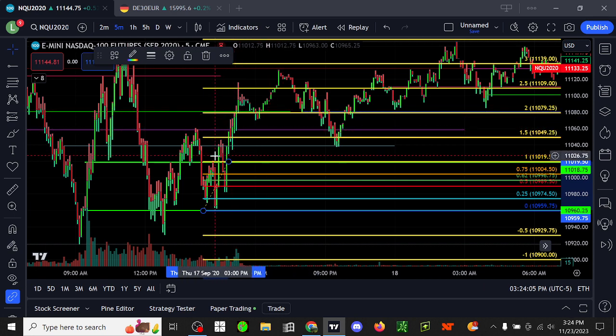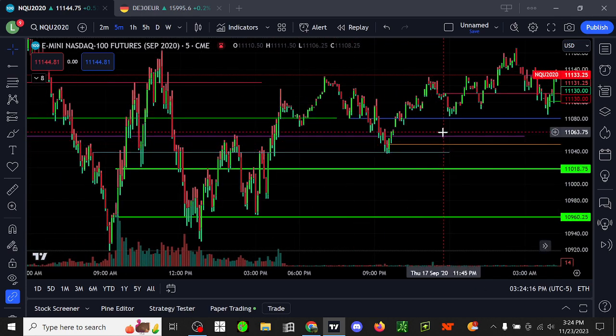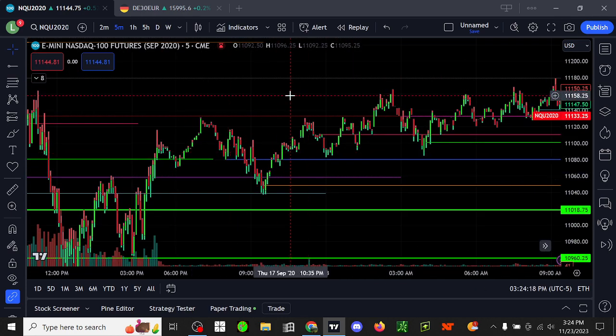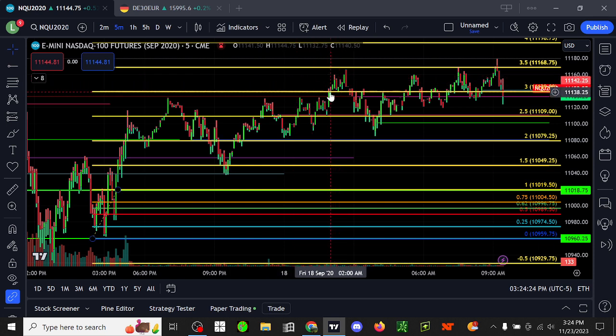So before the day even closes, you take your partial. Then you can move your stop loss to break even if you want. You don't have to, but you can. I think it's not a bad idea. And then you'll take another partial at a 2-to-1. So actually, at a 2-to-1 would be at this 3. So then your next partial is here at a 3-to-1.